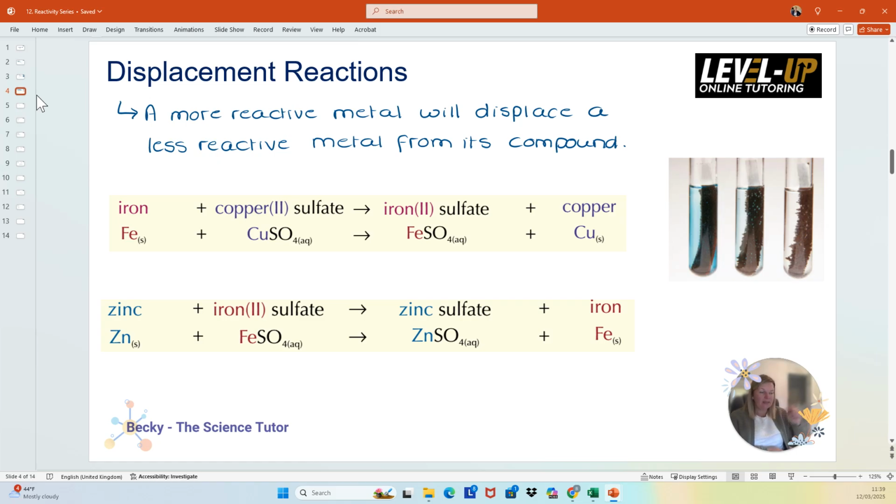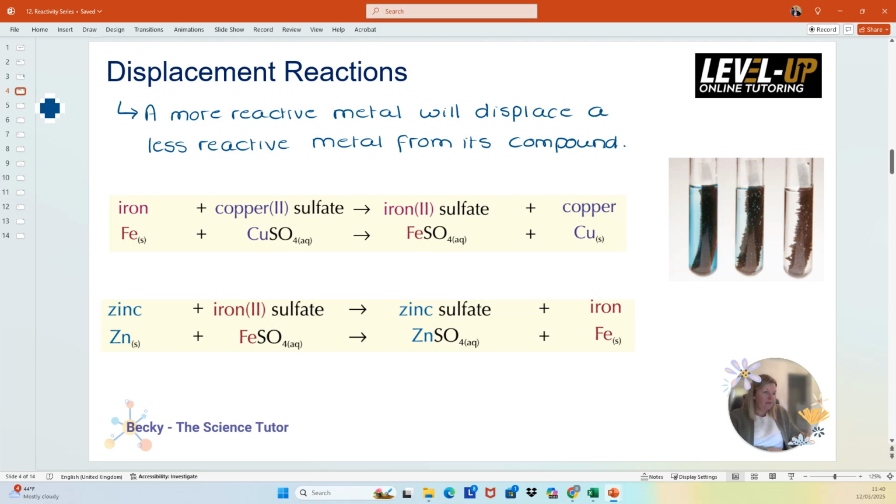In the second reaction, we've got zinc with iron sulfate. Well, zinc now displaces the iron because it becomes zinc sulfate, and iron ends up on its own. So just by completing these reactions, we can deduce which is the most reactive, because if we think about it,